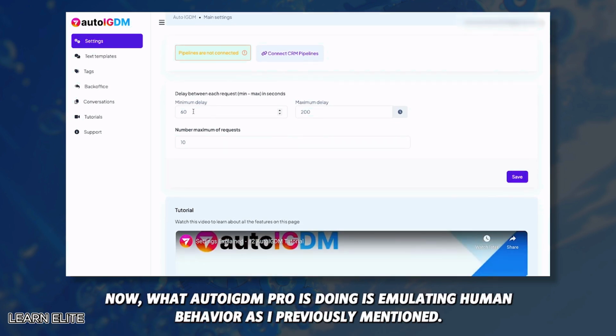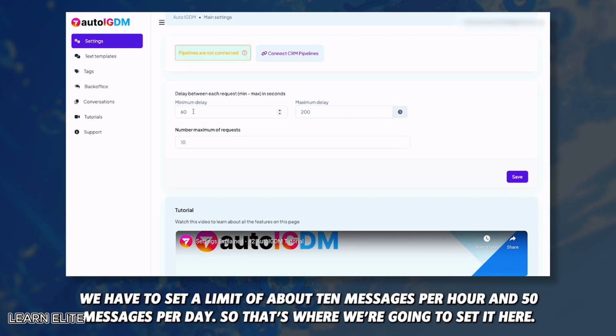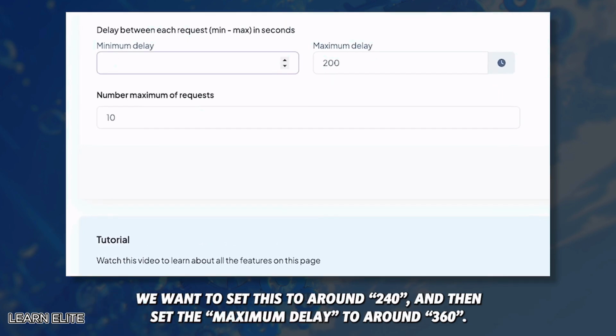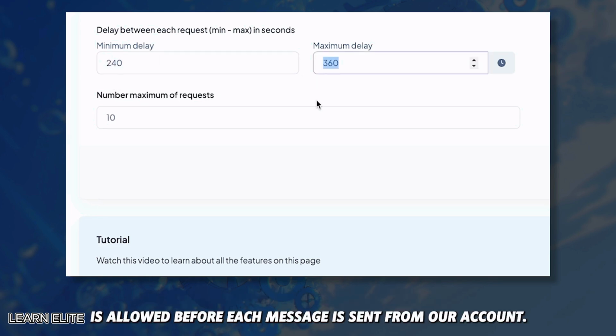Now, what Auto IGDM is doing is emulating human behavior, as I previously mentioned. So with Instagram, to make it think that we are humans and not automated, we have to set a limit of about 10 messages per hour and 50 messages per day. So that's where we're going to set it here. We want to set this to around 240 and then set the maximum delay to around 360. This makes sure that a randomized time between 4 minutes and 6 minutes is allowed before each message is sent